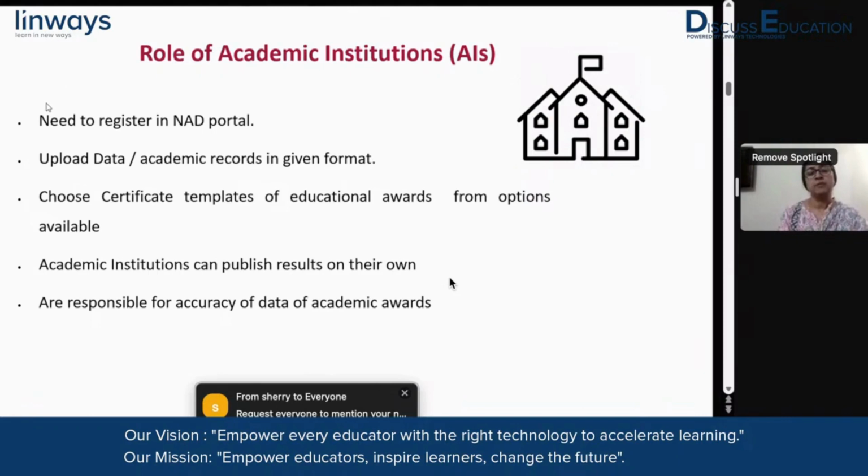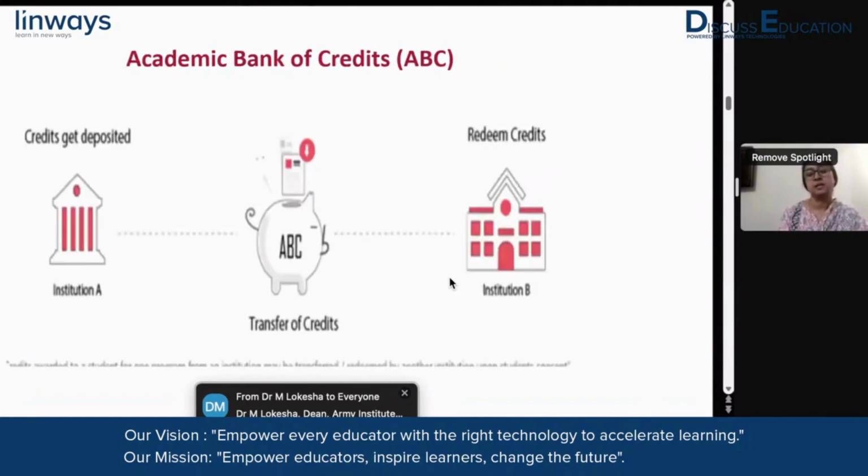Going further, all the results of academic institutions can be published on the NAD portal directly. And the responsibility for the accuracy of data lies with the academic institutions only. It does not lie with the NAD portal, because when we are looking at data, remember that these are data that we can authenticate because they are given by the academic institutions. Now, having spoken about DigiLocker and